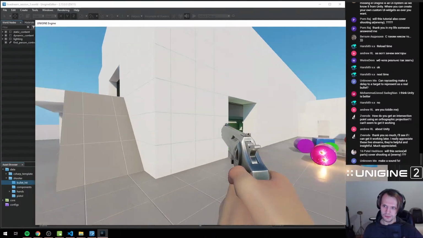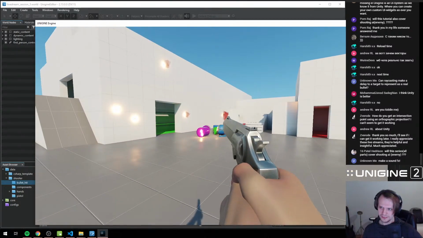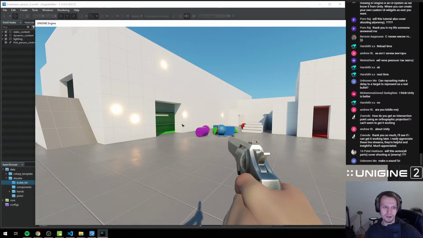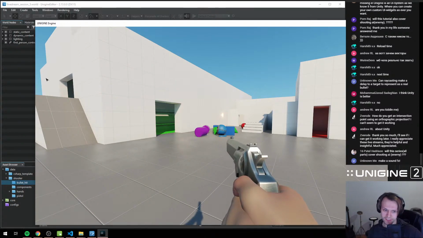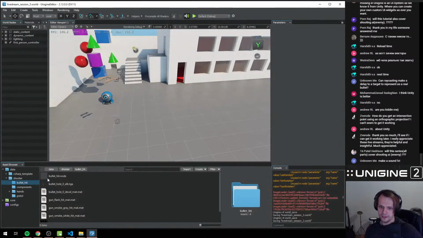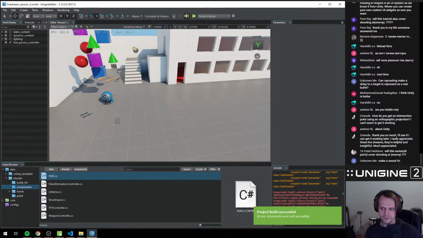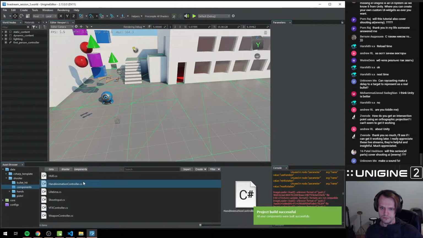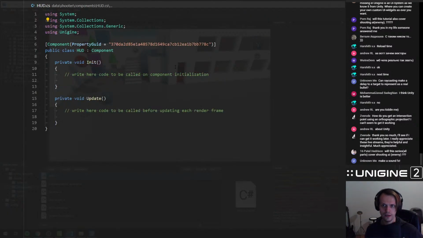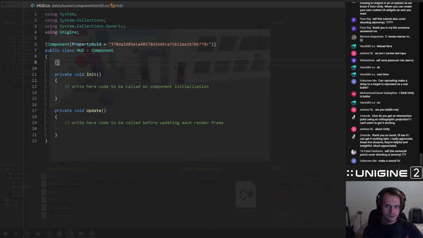This, at least to me, feels very nice to be able to shoot. And there's one thing missing, the crosshair here. Let's add it. And for that, we'll make another component. We will call it HUD. And for this component, all we need to do is, first of all,